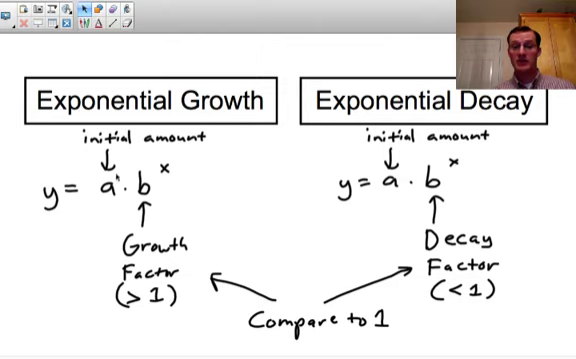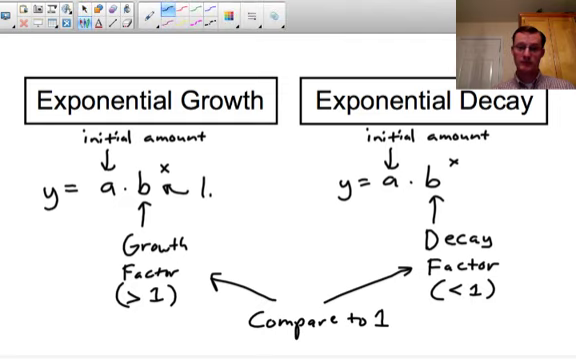Now, the initial amount is right in front here, so if you start with, say, 20 goldfish, that would be your initial amount. And of course, if you have more and more goldfish, then that'd be exponential growth. Less and less goldfish, that would be exponential decay. And the way that you can tell is by looking at this factor here, the base of that exponent, of that power. If that is bigger than 1, let's say that is